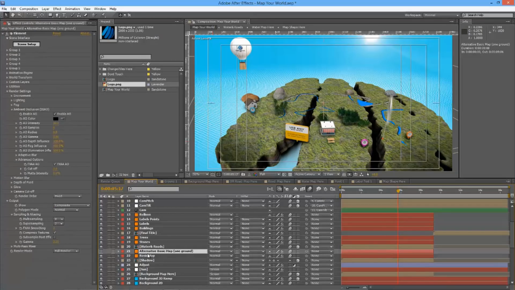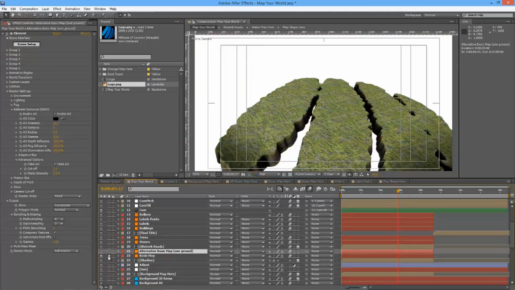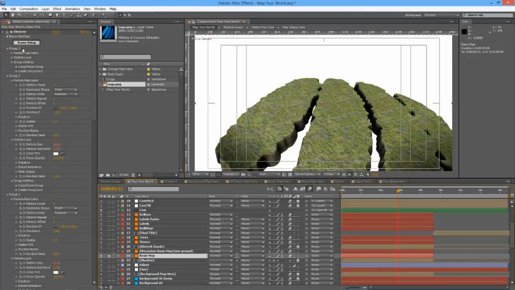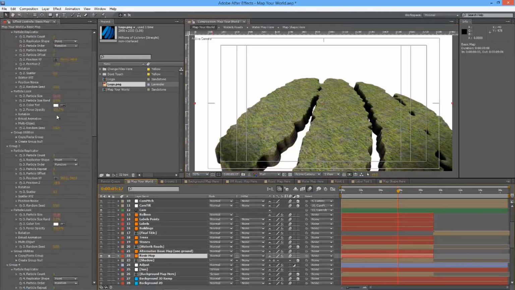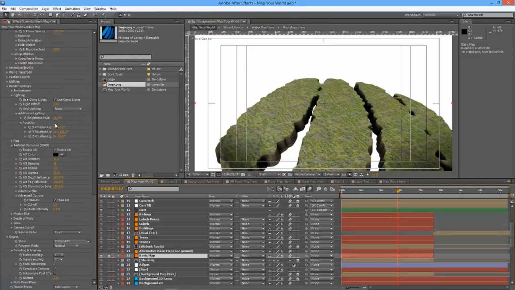Or the alternative basic map, wherever you want, you can select either this or this, and after that just solo it out, and maybe we can change the resolution to half. You can also speed things up by selecting the basic map, going to the Element 3D layer for this map and setting render mode to preview. That will speed things up too. And just remember to turn off the preview mode and go to full render again when you want to render the file